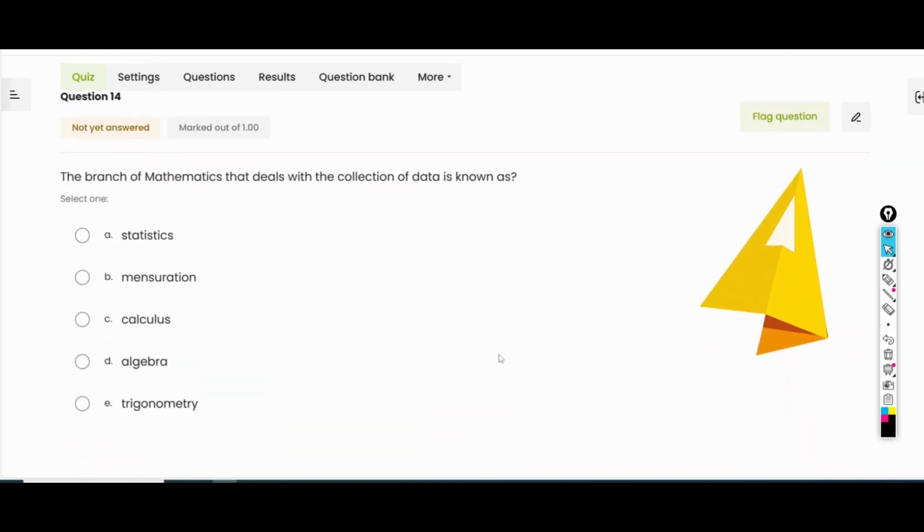Question 14 says, the branch of mathematics that deals with the collection of data, that's statistics. So statistics deals with the collection, the representation, the analysis of data, right? So anything that has to do with, it's not a precise answer. You have to deal with variables,